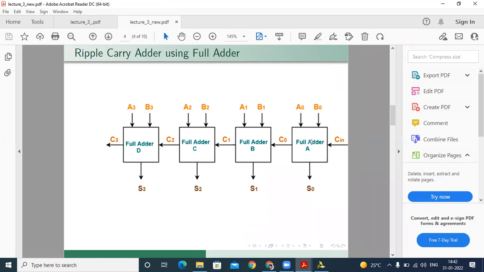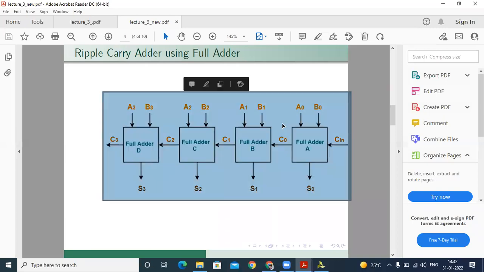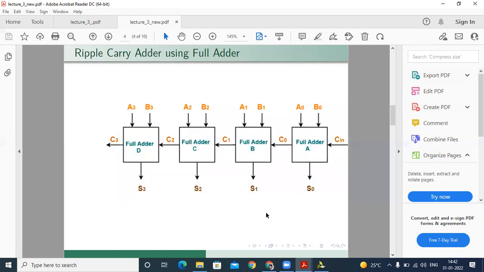The full adder has inputs A, B and Cin, and sum. But how do we connect it to our ripple carry adder top module? How to link this with respect to our ripple carry adder?